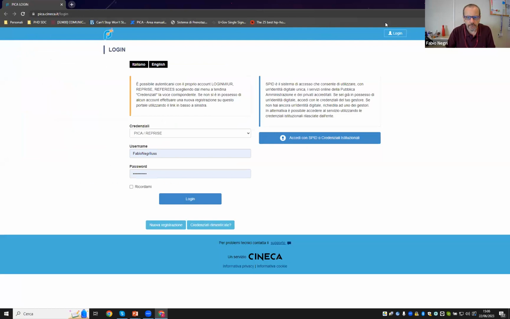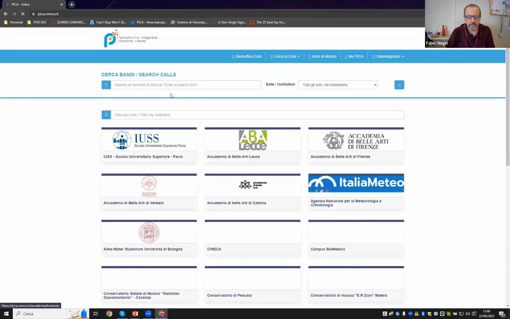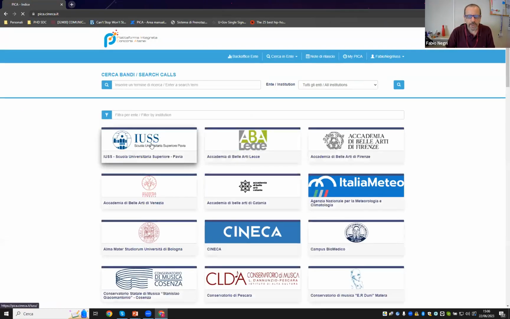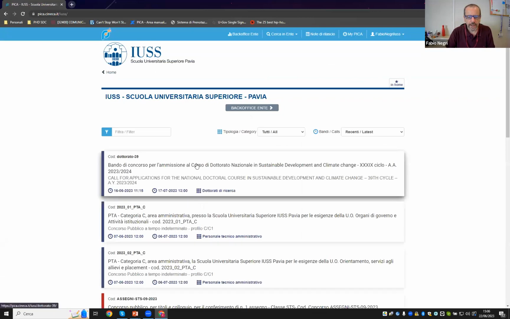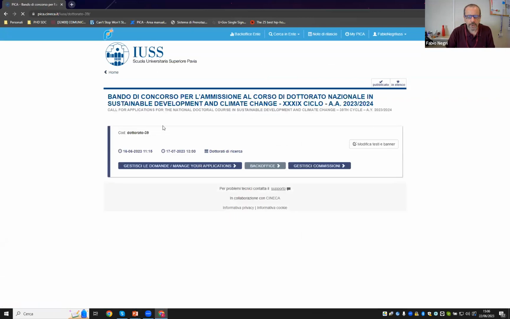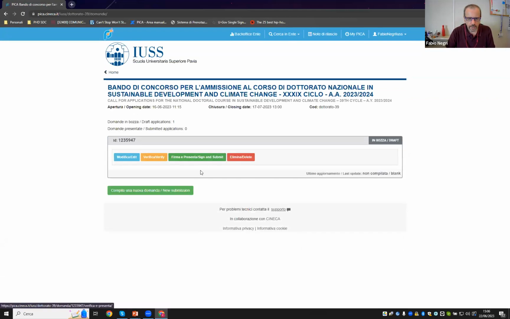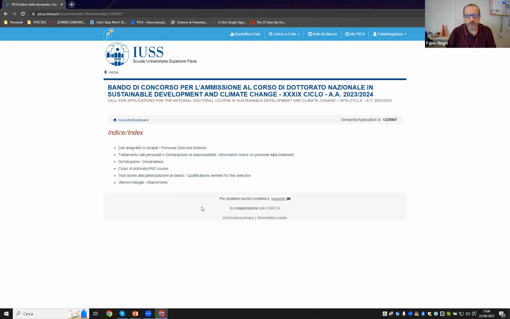this kind of login. This is my login. It's a dummy login, so I will skip some of the most common steps on the procedure. We go there. You have to select Università di Pavia and the call for application. You will not find an application here, so you go to New Submission, and from the New Submission you will